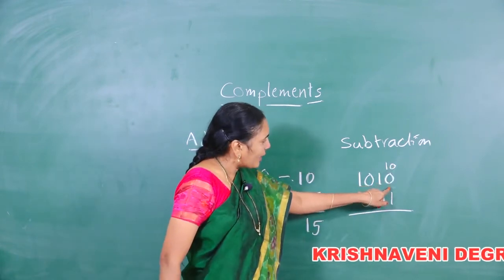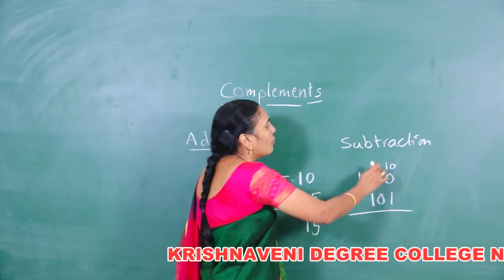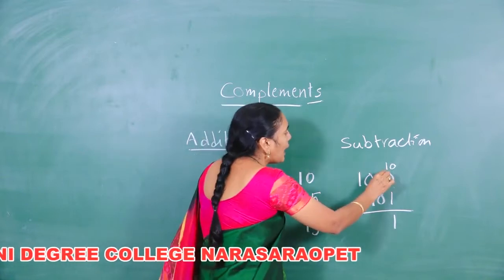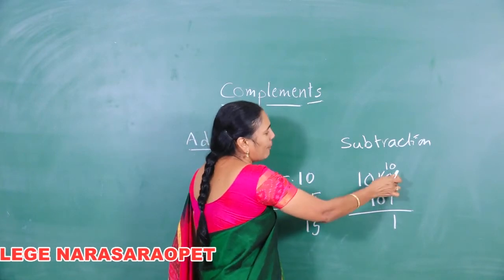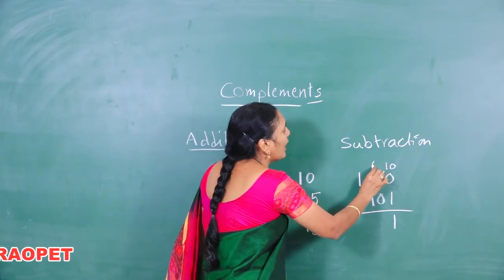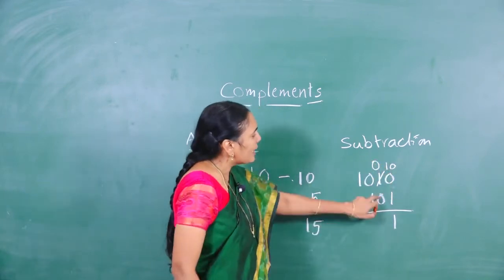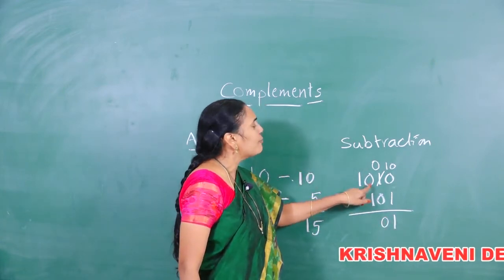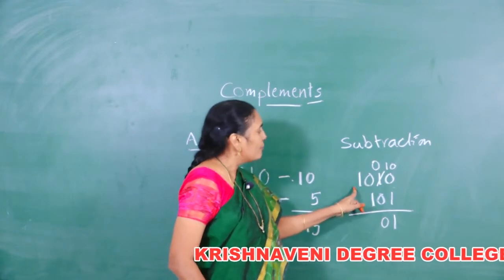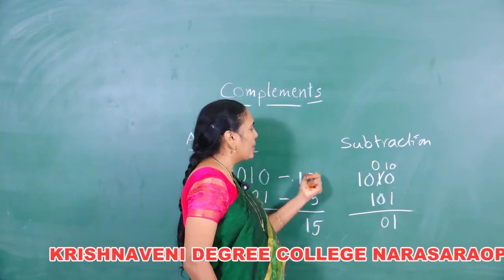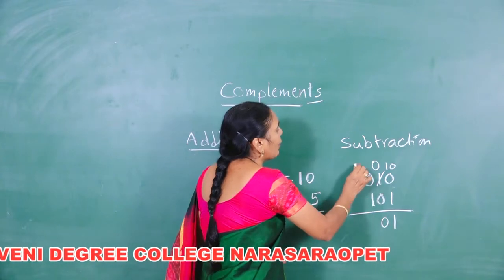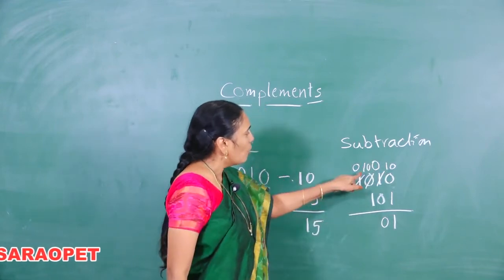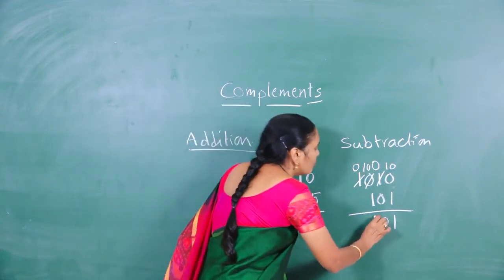So, we have borrowed 1 and the place will be 0. 10 minus 1 will be 1. Here, as we have given a digit to the previous digit, the value here will be 0. 0 minus 0 will be 0. And now again, once again you have to subtract 1 from 0, which is not a possible thing. We will borrow 1 from the previous digit. That is, here now it will become 0 and the value of this 0 becomes 10. 10 minus 1 will become 1.